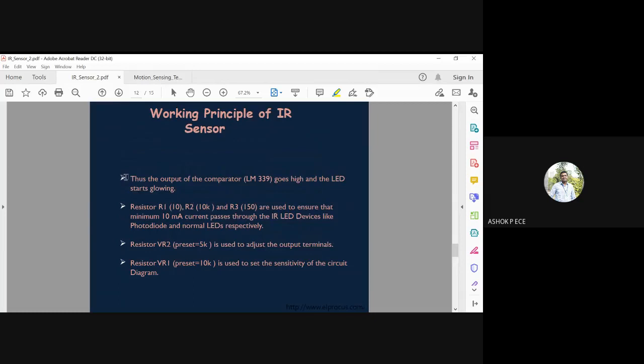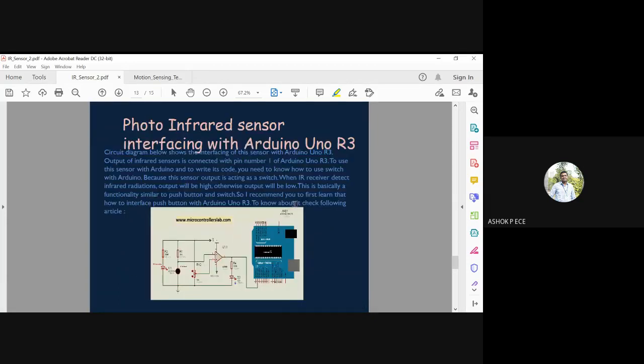The output starts glowing when there is an obstacle, and does not glow when there is no obstacle. So you can even interface this module with the Arduino board so that you can use it for any small applications even in your house. We have been learning about smart homes, right? So these are the things present inside the IR sensor. You can develop your own IR sensor and use it for detecting human presence inside your house.